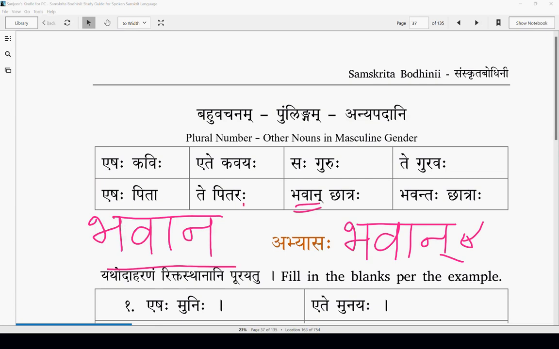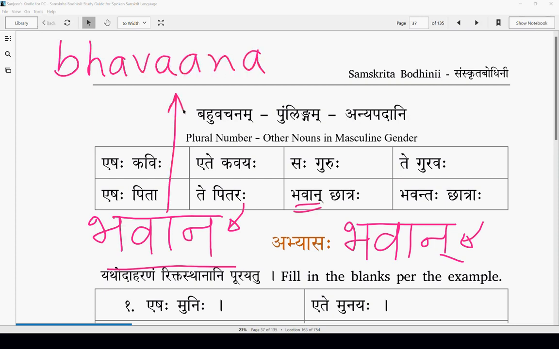What is the ending letter here? No, this is a lipi, the Devanagari lipi, but it's the same thing if I use the Roman script. I can write it like this. The same thing, right? So what is the ending letter here? So how do you pronounce this?